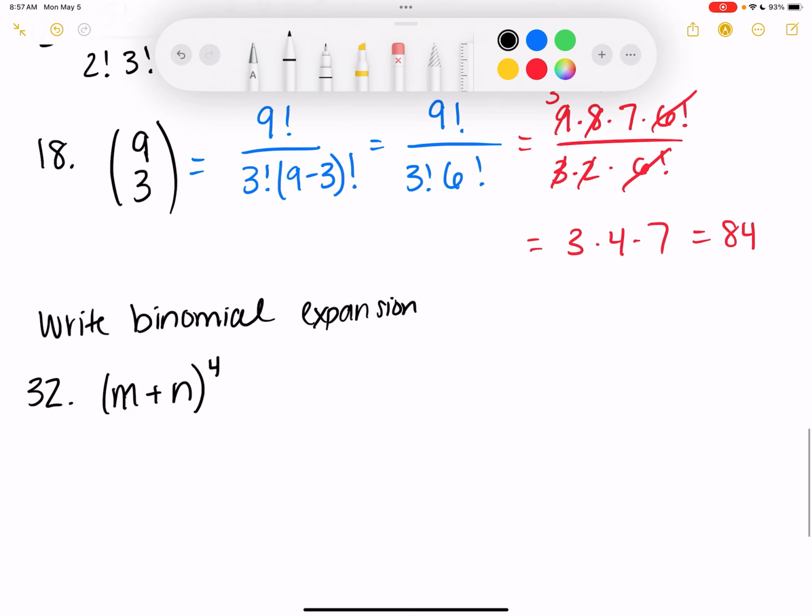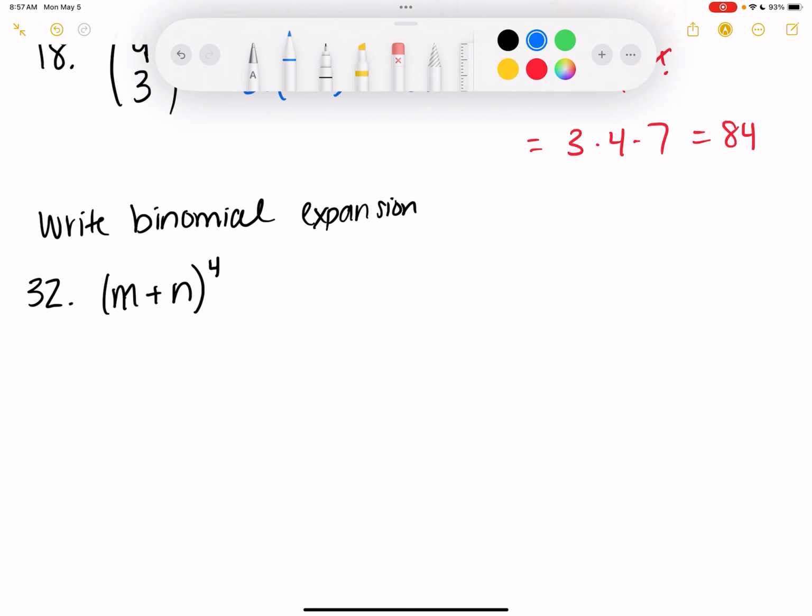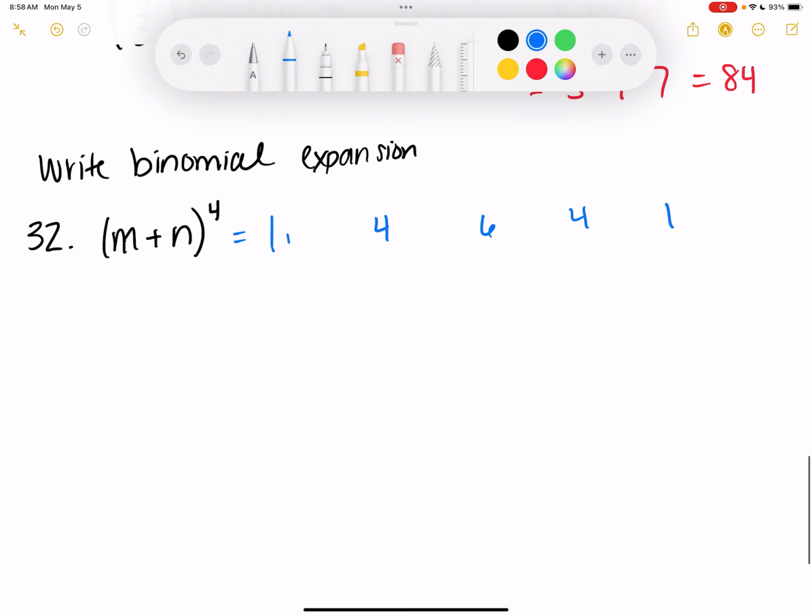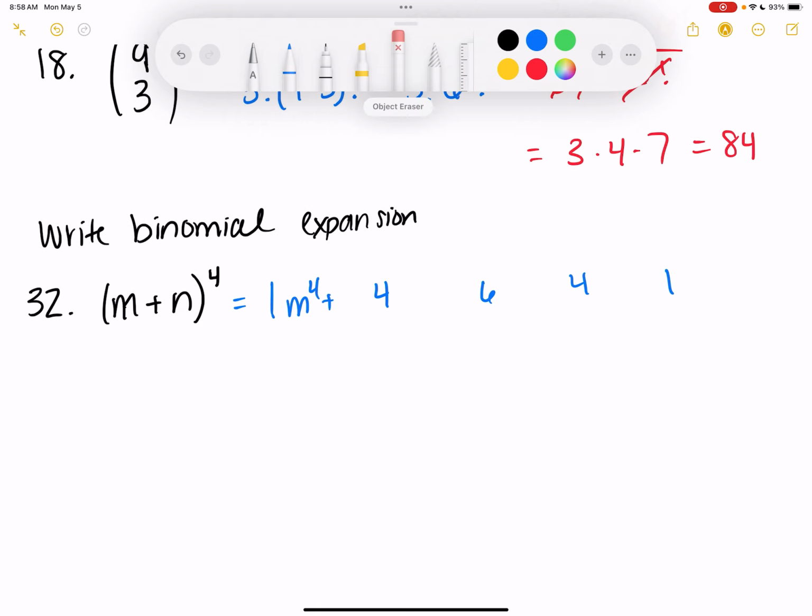A lot of times what I'll do when I have this is I'll write out the terms. Now again, I don't normally write the 1, but I'll just do it for right now. So 1, 4, 6, 4, 1. And then we just go in order. So this would be m to the fourth power plus, I have to shift this over, 4 m to the third power. And now I have n to the first power, so I'll just have n, plus